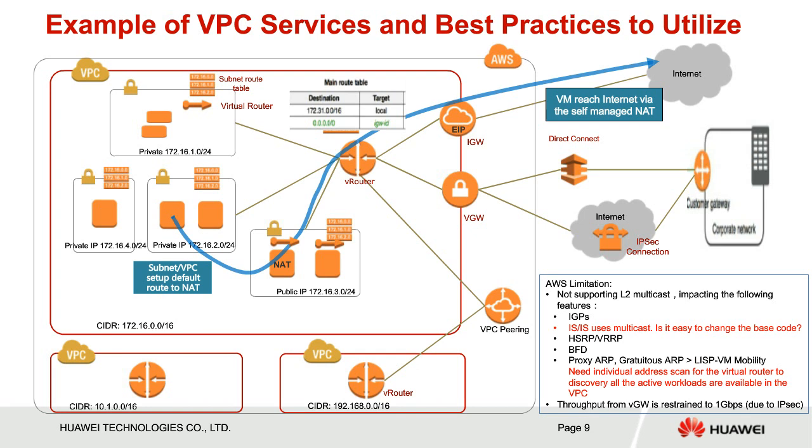In each VPC, you can have multiple subnets, and you can even lease a virtual router from AWS to interconnect different subnets together. You can also create your VPCs in different availability zones and allow AWS to interconnect them for you. And for your enterprise itself, they provide three types of access.